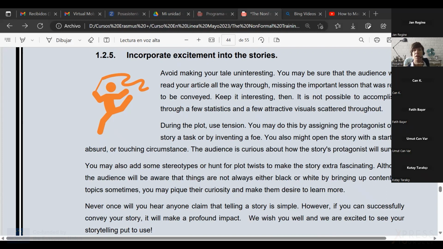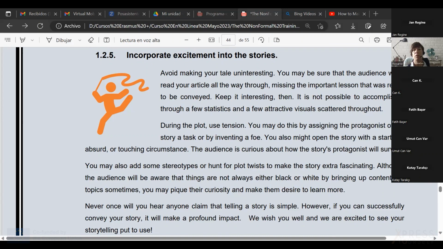But also you have to keep the information interesting. What you are saying has to be interesting. Your tone of voice has to be interesting. So during the plot, use tension. You may do this by assigning the protagonist of the story a task, or by inventing a foe. You may also open the story with a startling, absurd, or touching circumstance, right?